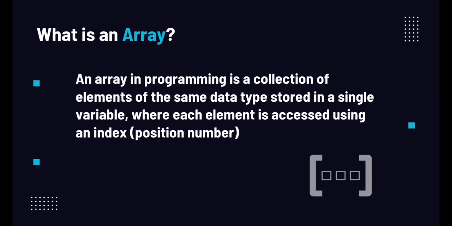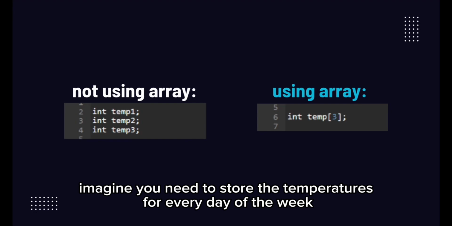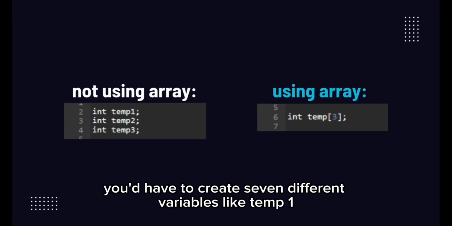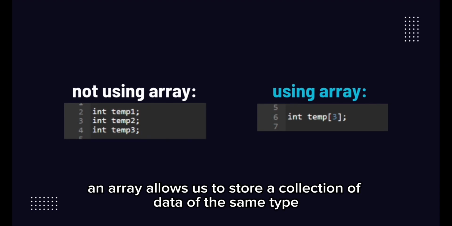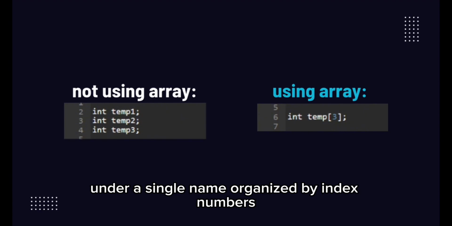What is an array? An array in programming is a collection of elements of the same data type stored in a single variable, where each element is accessed using an index or position number. Now imagine you need to store the temperatures for every day of the week. Without arrays, you'd have to create 7 different variables like temp1, temp2, and etc., which would be messy and inefficient. An array allows us to store a collection of data of the same type under a single name, organized by